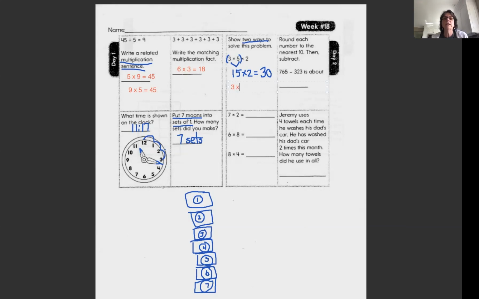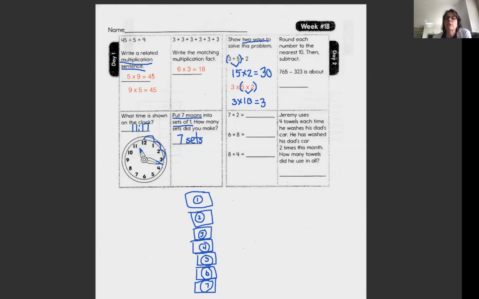So we have 3 times 5 times 2. And I have to solve this one. Well, before I grouped the 3 and the 5. So this time, what do you suggest we put our parentheses around? That's right. Let's put them around the 5 and the 2. So we're just shifting our parentheses like we've done before. And now 5 times 2 is 10. And I still need to multiply by my 3. So we end up with 3 times 10, and that will give us 30